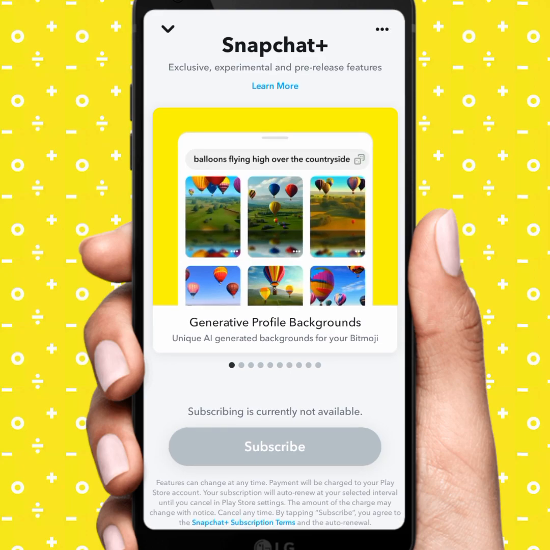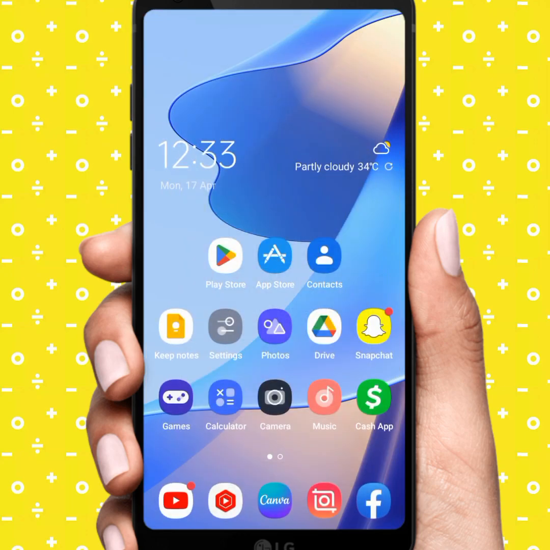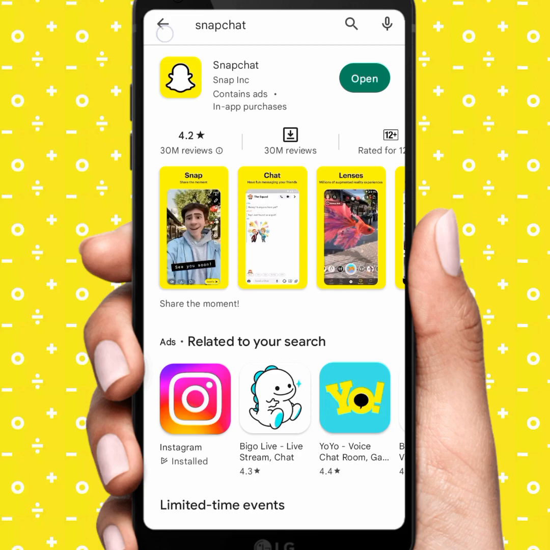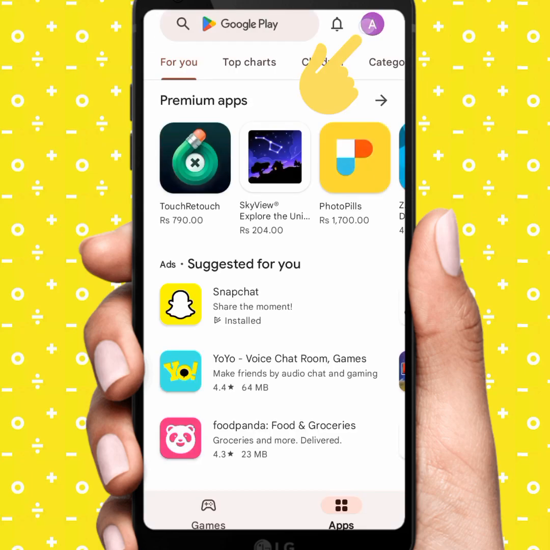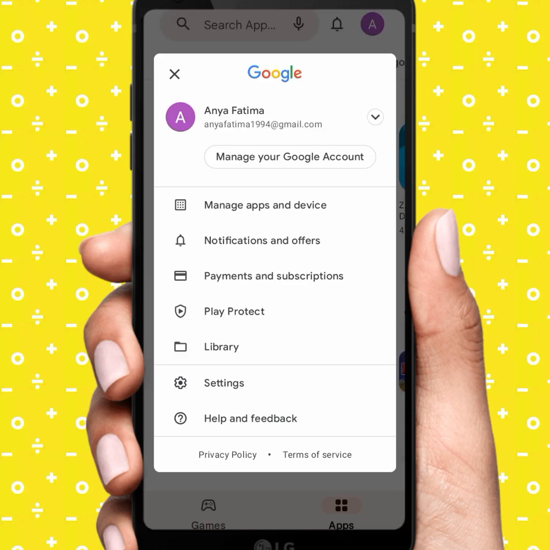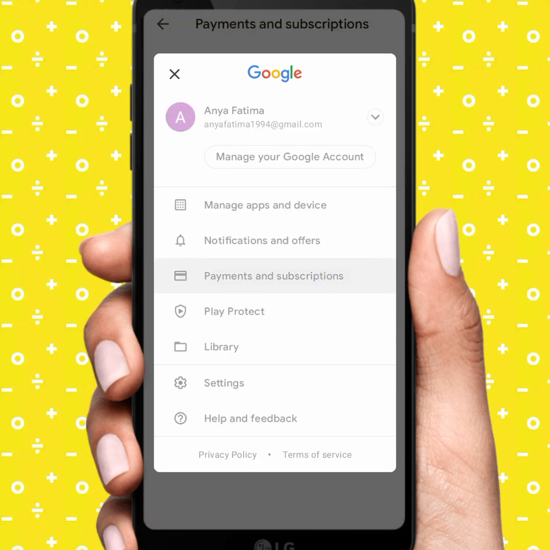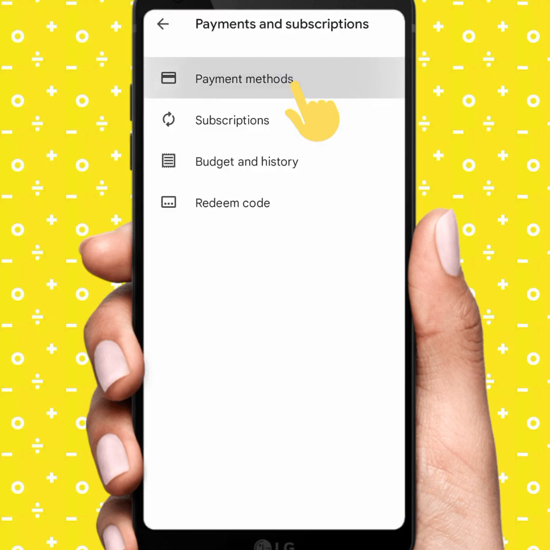If the method doesn't work, what you need to do is change your country or region and set it to USA. So go back to your home screen and open your Play Store. And from here tap on your profile icon and tap on payment and subscription. Tap on this and tap on payment method